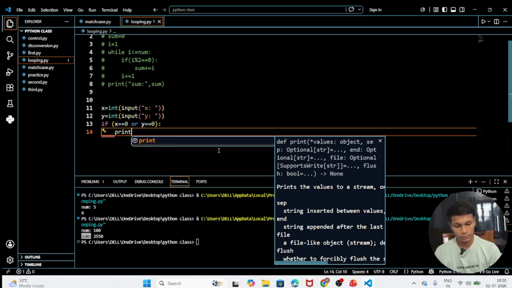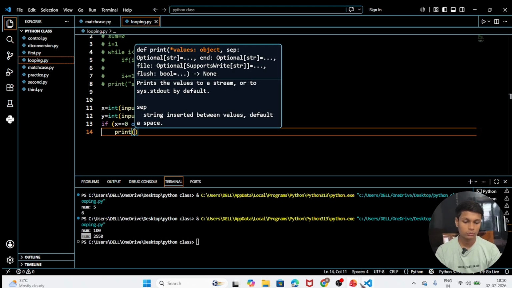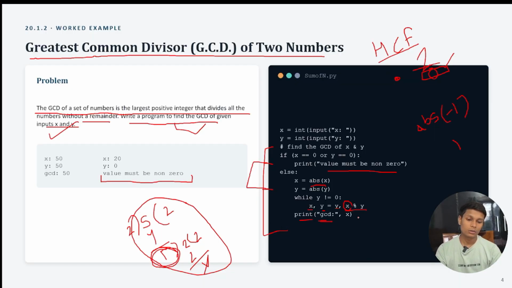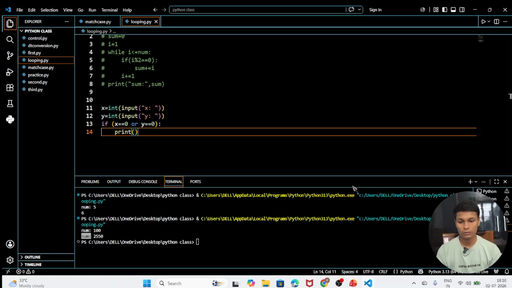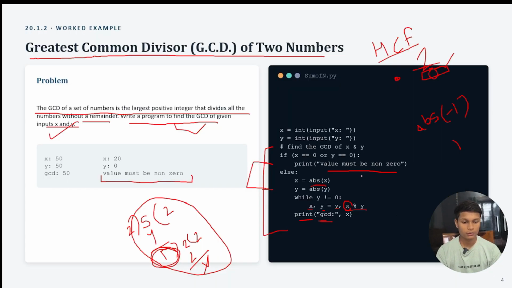After that we are going to print the normal statement, which was: value must be non-zero. So here we write value must be non-zero. Okay, you can see the value must be non-zero if x is equal to 0